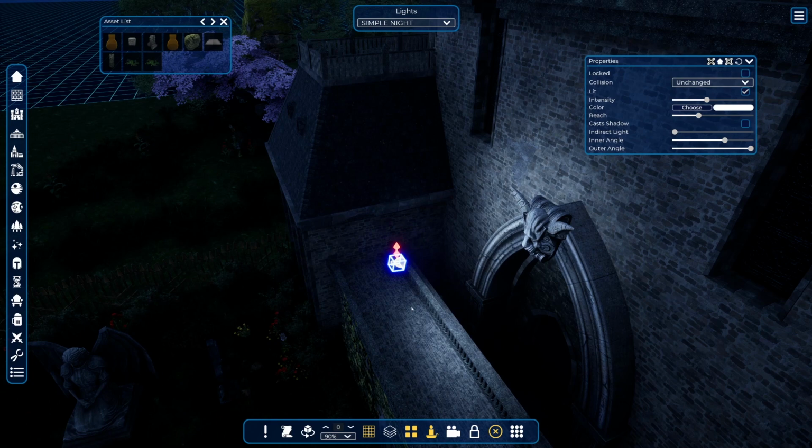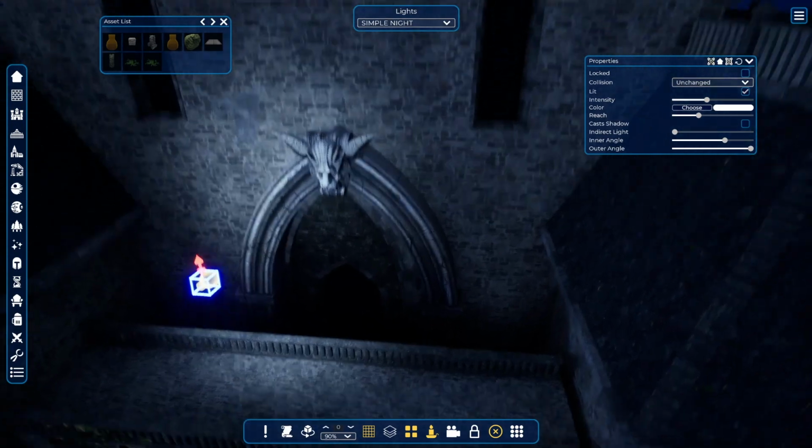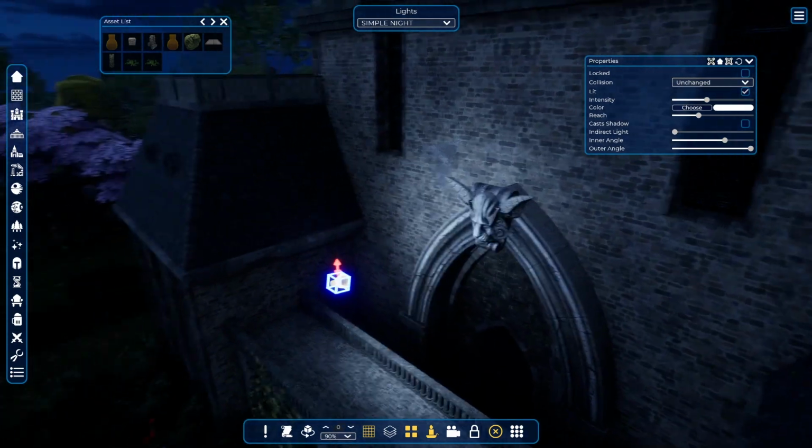In this way, you can rotate anything in the game. There are other ways to rotate with properties and H and G. There are times when you rotate in the three directions. So with the arrows, you can rotate it any way you want. So if I want to put a light on this gargoyle here,